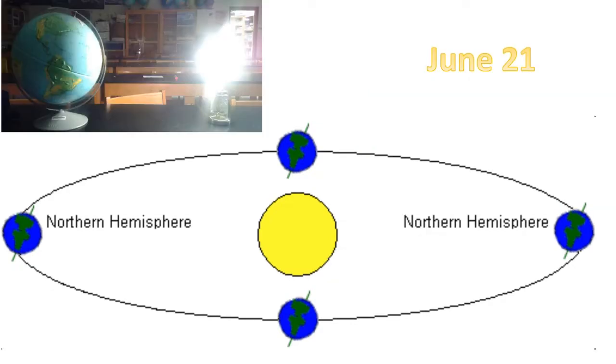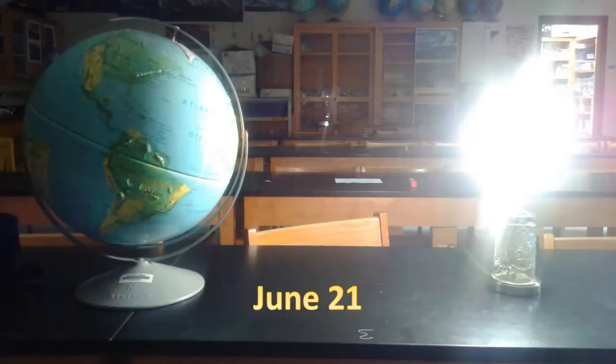Now, the Earth doesn't stay in one place. 6 months later, the Earth is over here. And now we've got the opposite effect, where more of our hemisphere, the northern hemisphere, is lit up. You can actually see it here. This would be an example of June 21st. Now, the axis of rotation is like this, and our hemisphere up here, the northern hemisphere, is kind of leaning into the sun, and the southern hemisphere is kind of leaning away.